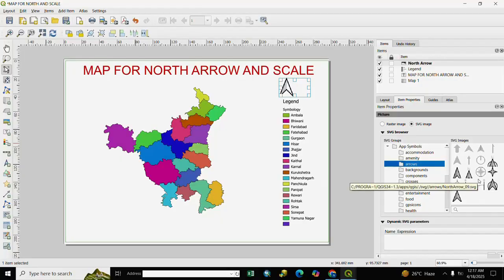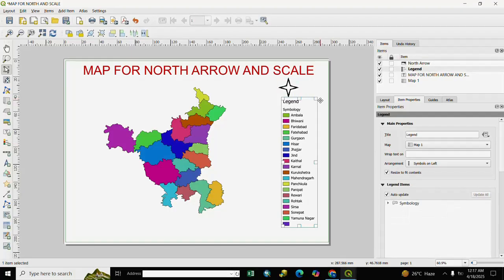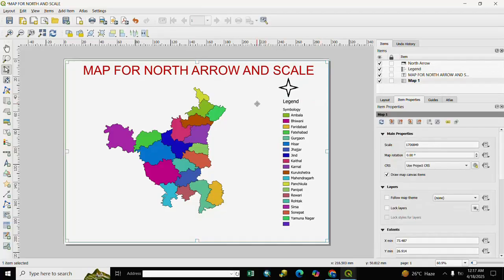Here are different types of north arrow. We select this one and click here. Here is our arrow.